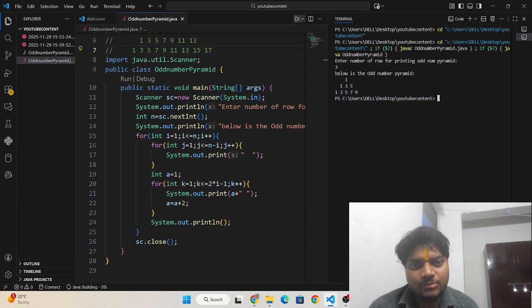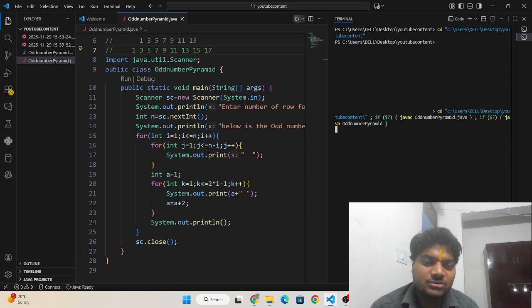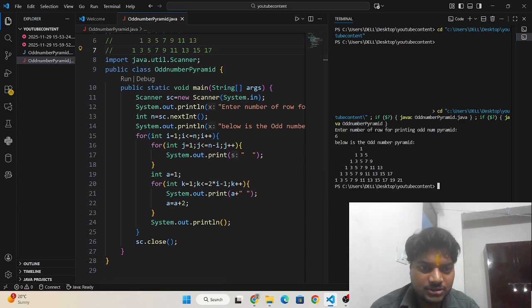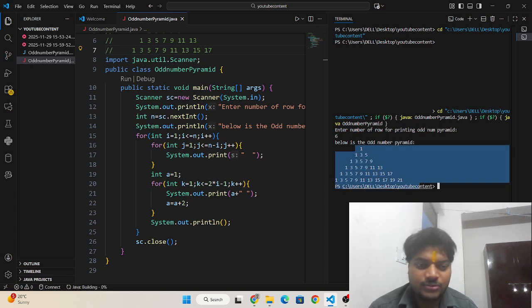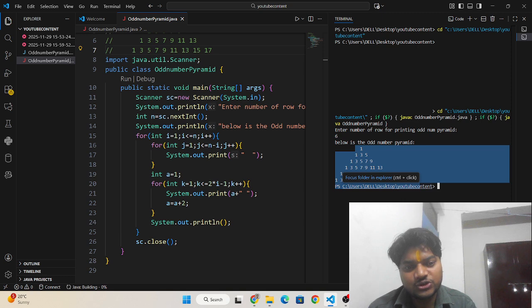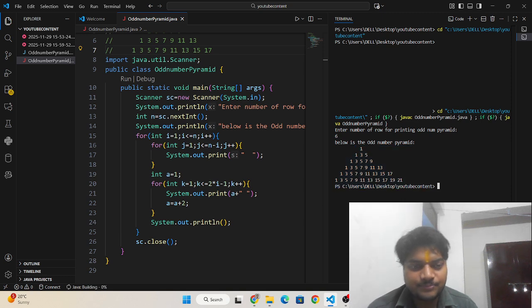Now I am going to enter the number of rows as 6. You can see the number of rows is 6, and in each row we have odd numbers only. So this is the pyramid for printing odd numbers.